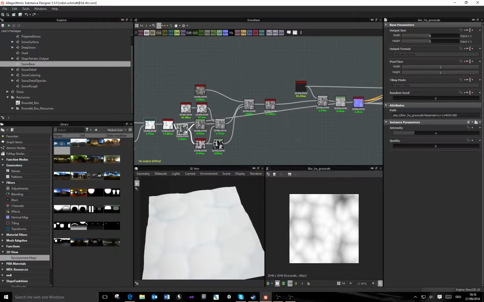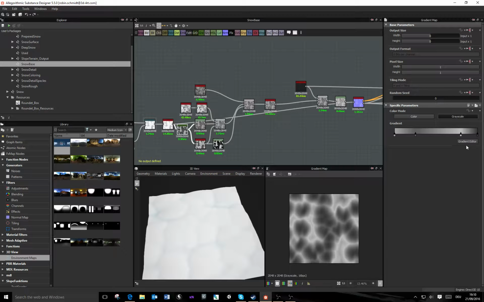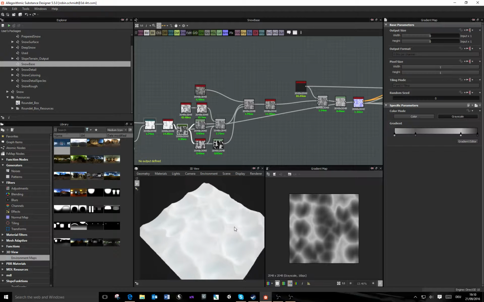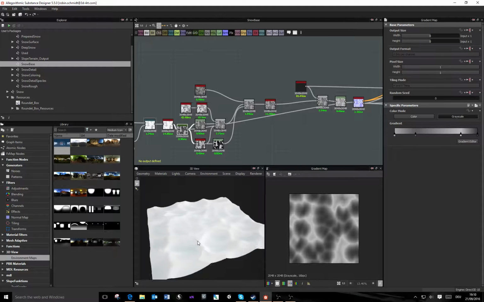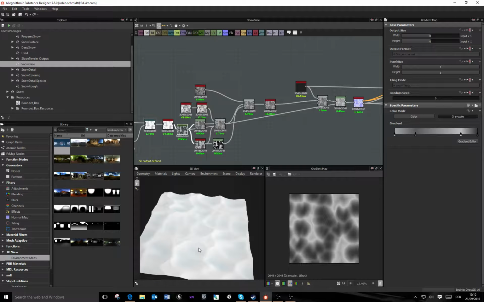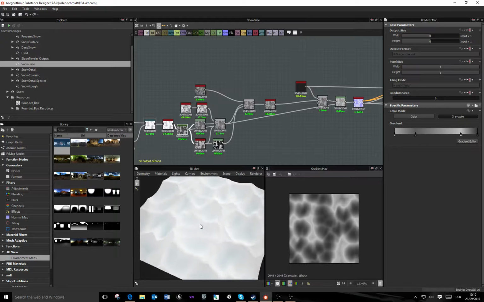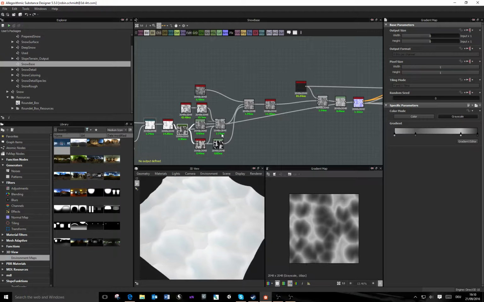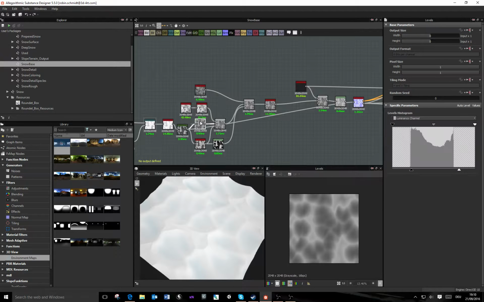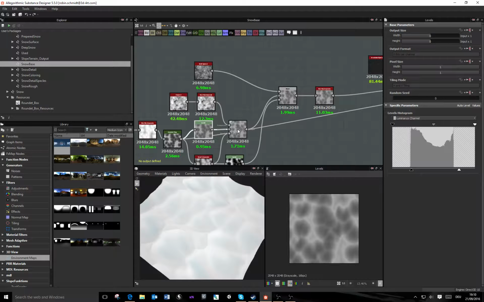But here I go through a gradient map, to get a bit more valleys, a bit more slopes. It looks like that here, and it's inverted now, but still not really a snowy thing. It looks a bit abstract. There I come from here, just level it down,